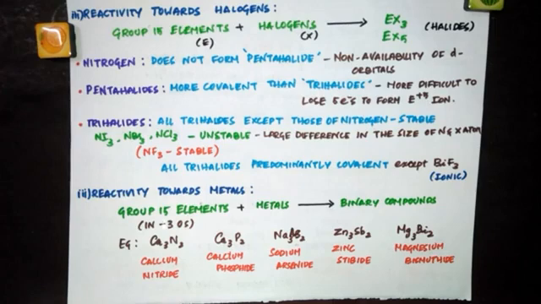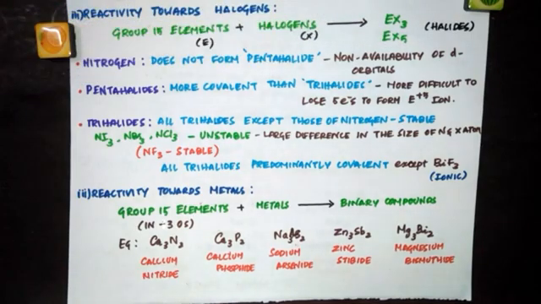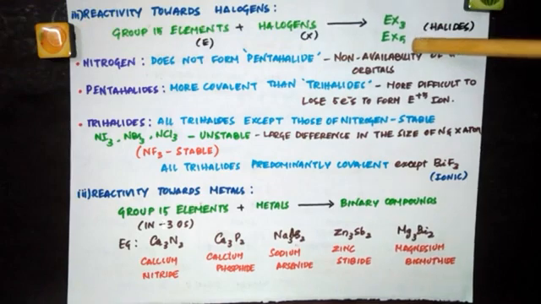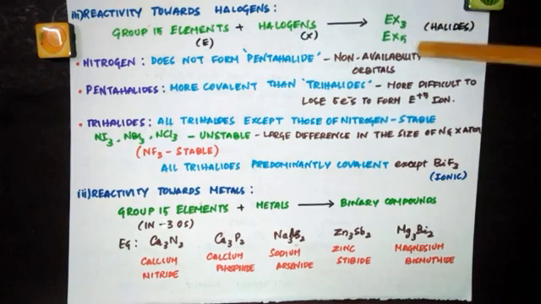Group 15 elements, when they react with halogens. What are halogens? Group 17 elements: fluorine, chlorine, bromine, iodine. We can represent halogens as X. When group 15 elements react with halogens, they form two types of halides, EX3 and EX5. Just like how they form two types of oxides, trioxides and pentoxides, here they form two types of halides, trihalides